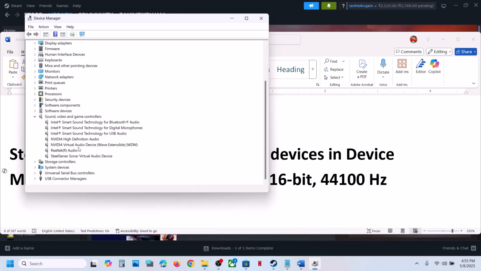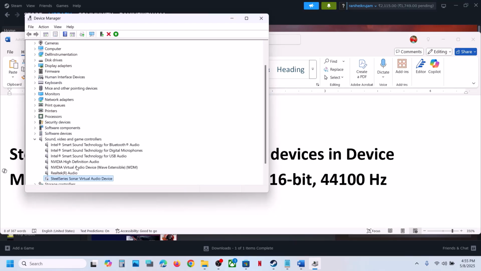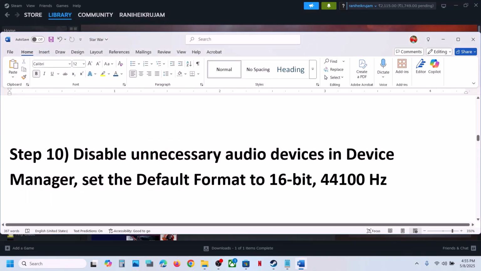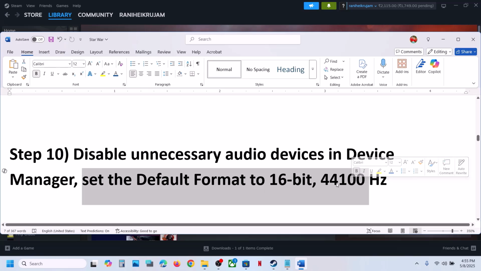So in my case, this is the audio device, Realtek audio, which I'm using. So disable the rest of the things. Like if you're not using these other audio devices, you can just make a right click and then you can try to disable it. Just keep your original audio device enabled, the rest you can disable. Also set default format to 16-bit